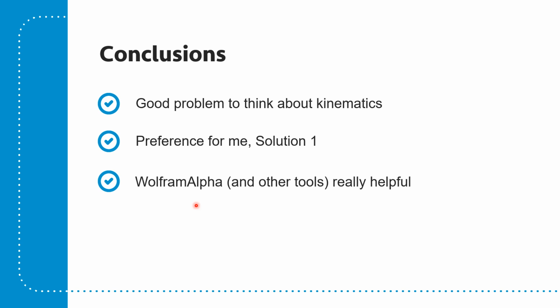The preference for me, honestly, is solution 1, and I wouldn't do it any other way. Wolfram Alpha and other tools, so SMath, Desktop, MathCAD Prime, anything that you can use, I think you can put a little bit of thought into how you solve a problem, setting up the problem, but still solving. It's not going to help you on an exam, but it will help you get through certain things. And I think one of the problems I had on this example was that when I originally solved the second solution, I put 90 into my solution in Wolfram Alpha, and because I didn't use units, I kind of messed it up. If I put pi over 2 or 90 degrees, I would not